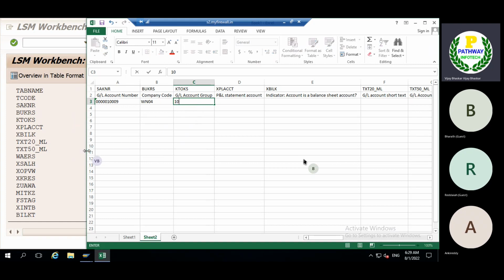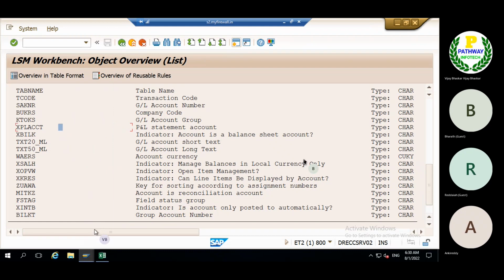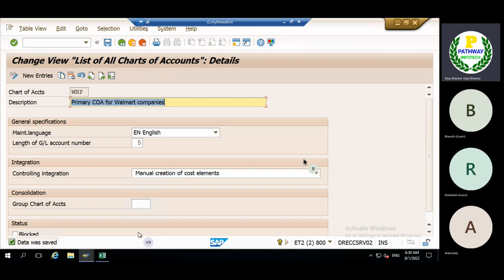In OBD4 we have seen whether it's a PNL account or a balance sheet account. It's not a PNL account, it's a balance sheet account. This is the important one for you.